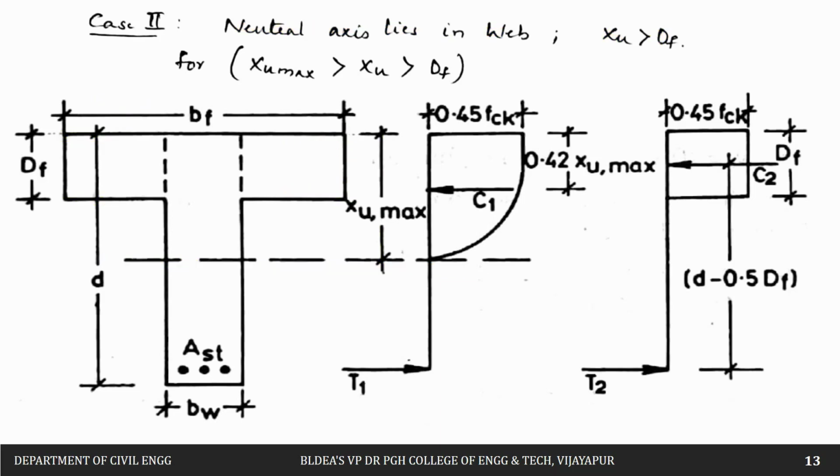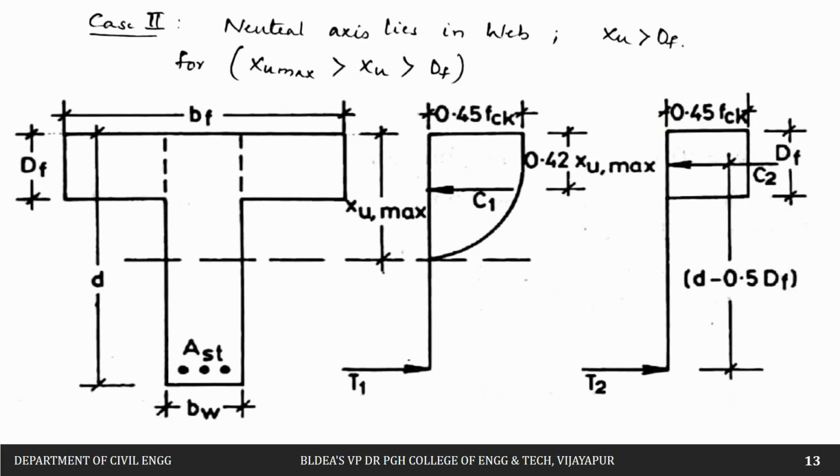So now how to do it? It will not be like a rectangular section. It is being divided into two parts. So this is one rectangular portion, like the rectangular portion we have done, this will be the rectangular portion, plus for this remaining additional portion, you can see we are going to have this additional stress block. So based on the actual stress block, we are going to calculate the moment resisting capacity of the sections. These notations will remain the same as I said earlier. Only this will be an additional block due to these portions.